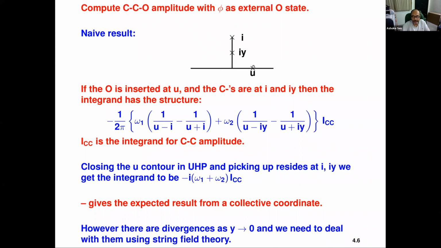Now let's first do this computation naively, by keeping these two fixed and carrying out the U integral first. That's actually not very difficult because at U we have a vertex operator partial x, since we are using the integrated vertex operator. C has been stripped off. The x dependence is e to the I omega 1 x here, and e to the minus I omega 2 x here.